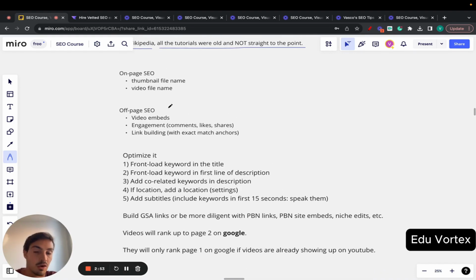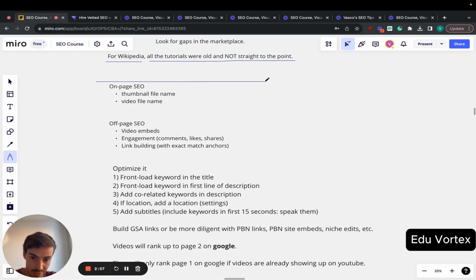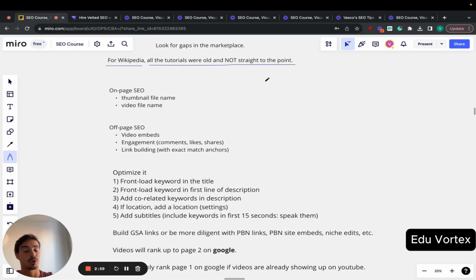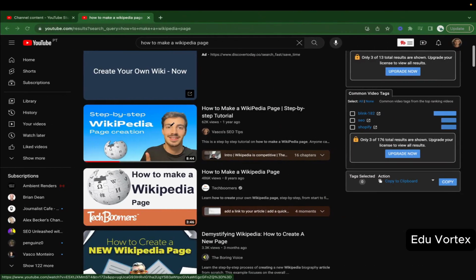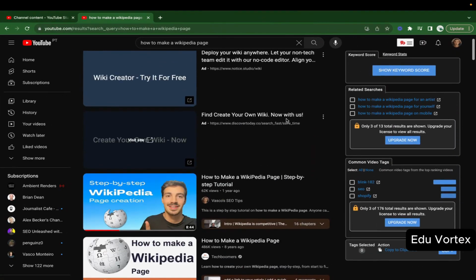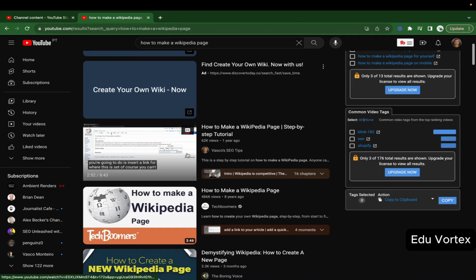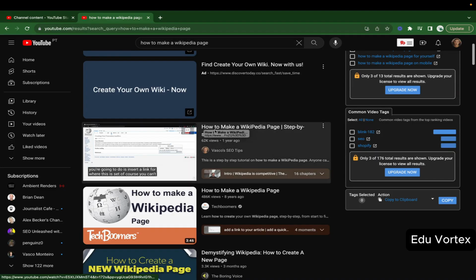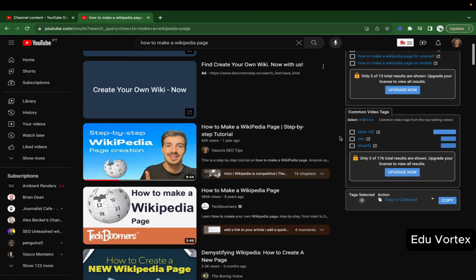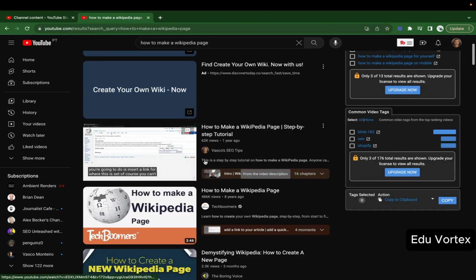There's on-page and off-page for videos. You only focus on this after you have a proper thumbnail, a thumbnail where people want to click, because like I said, this is a search engine. Make sure that your thumbnail is enticing. That's just like on Google, where your meta title and meta description need to be enticing. Here you have one extra step: you have the meta description, let's call it the description, this here.